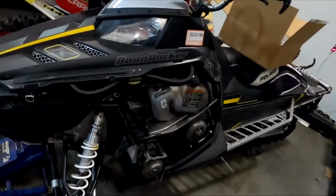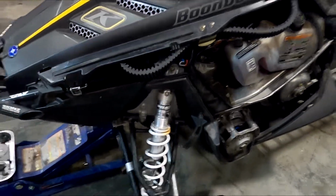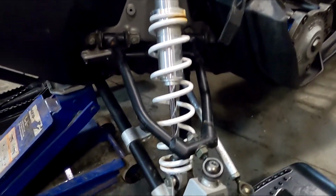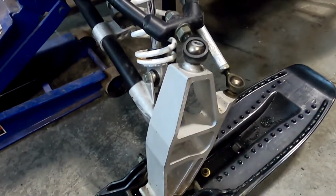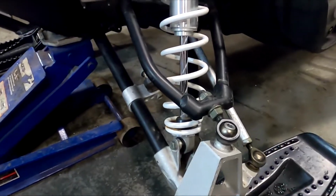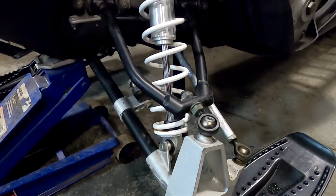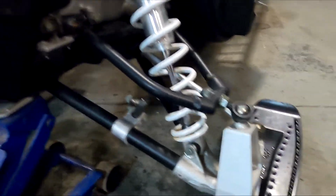All right, we're back at it. I'm gonna get some footage of installing this Kmod suspension. This is the factory side. Like I said, I'll get you guys some footage of the install here. Just want to show you the factory look in the front. You can see it's